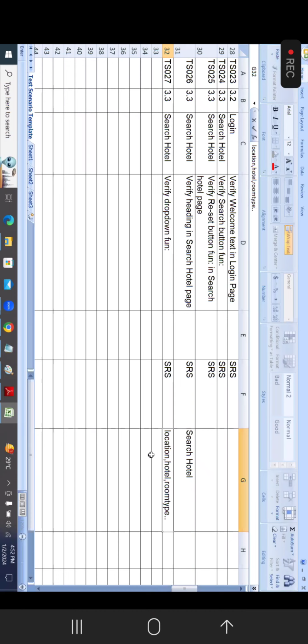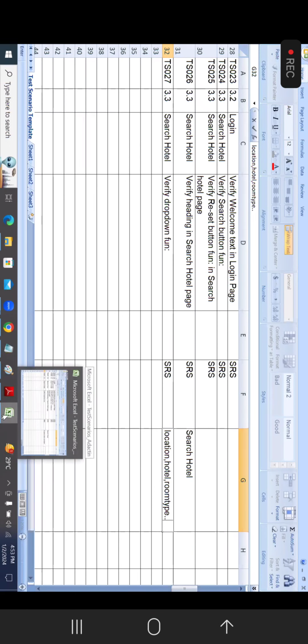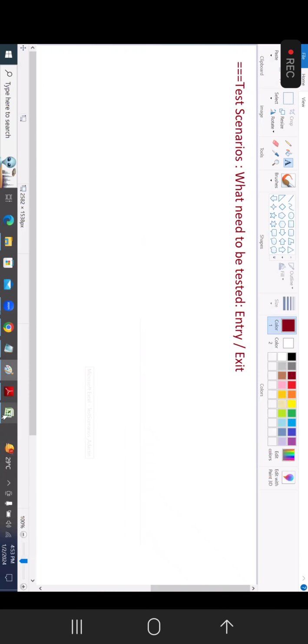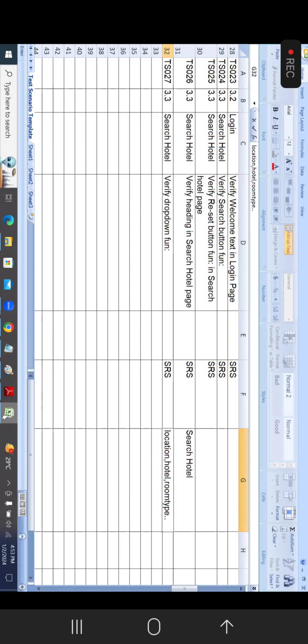We need to take care in providing these respective things, location, hotel, and room type. And after that, we need to take care in mentioning and providing TS